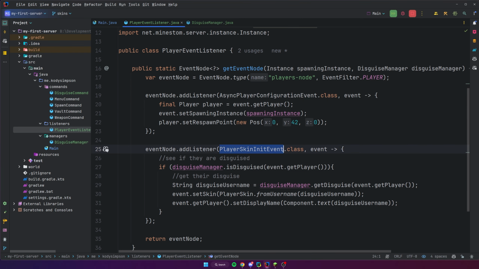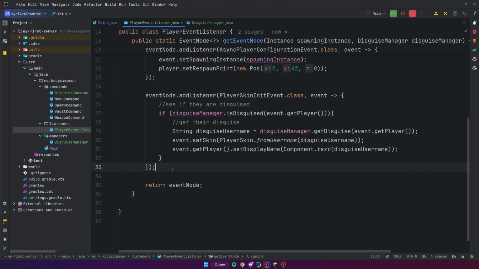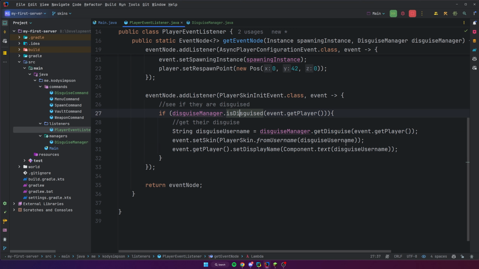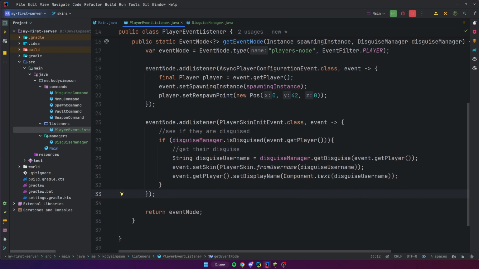This is only one of a couple. So there's other events that happen. So we can only assume that there's another event that happens after this that also sets the player's display name at some point. So it's getting overridden essentially because we are clearly setting it here. So something is overriding it. So what that means is that this is not the proper event for changing that,